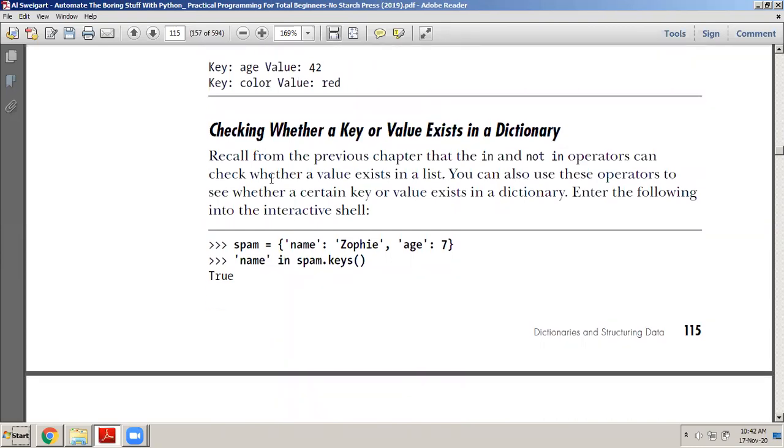If I want to check whether a key or a value exists in the dictionary, then I can use the in operator. Simply have to do this.